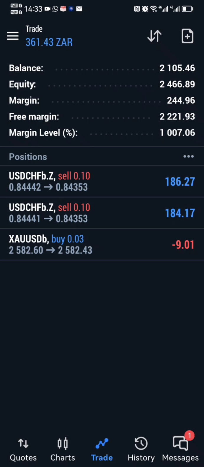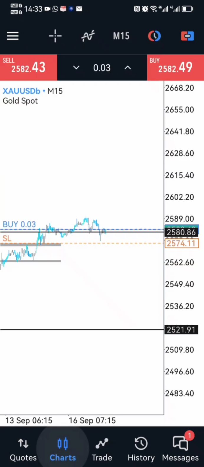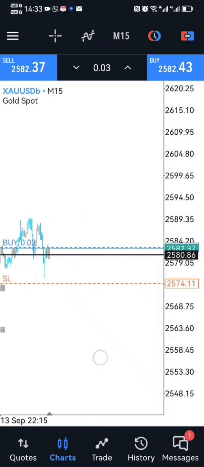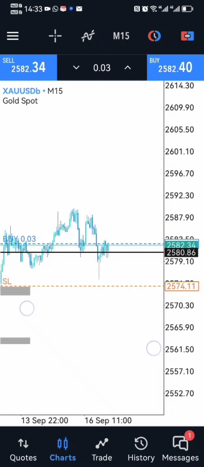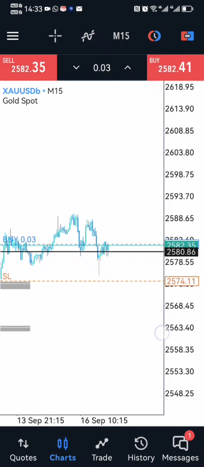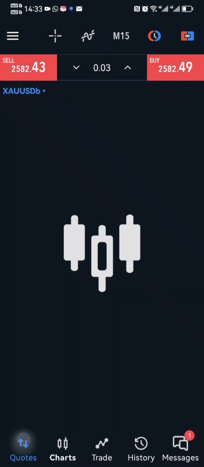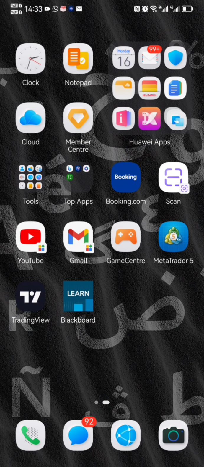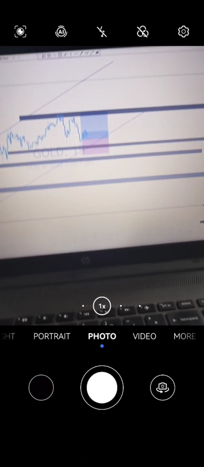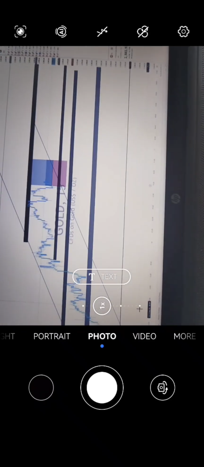Really, I think these are going to be enough trades for the day for me today, especially because it's Monday also, and I'm not expecting the market to have much movement. But we'll see. If I can just show you guys the setup for gold on my PC. I don't know if you guys are going to be able to see this, but this is why I took the trade on gold.